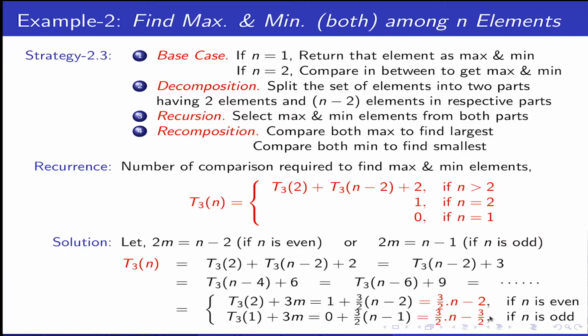This suggests that yes, we can arbitrarily split it in 2 and n minus 2. So I leave it to you to judge whether any arbitrary or constant size split will also result you the similar thing or not. If I say always even number of elements in one side and n minus that constant even number of elements in the other side will always result in this, or there is only 2 element and this one is the same. Just try to write the recurrence for it and go for solving it as we are analyzing it. So here also you see that gradually we are finding, yes, there is a chance that recurrence might help us to find out the better strategy.